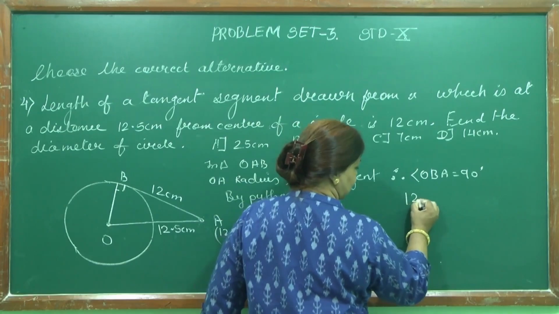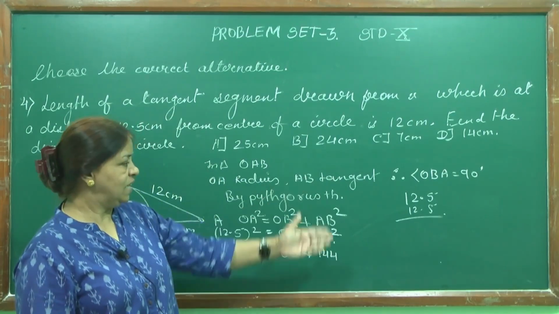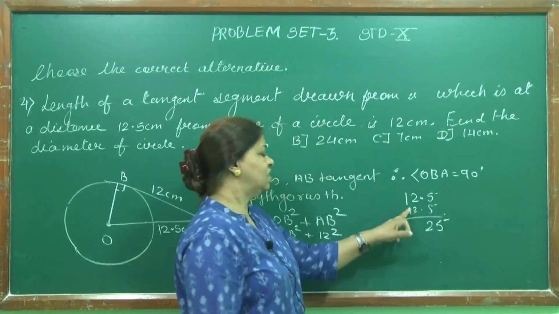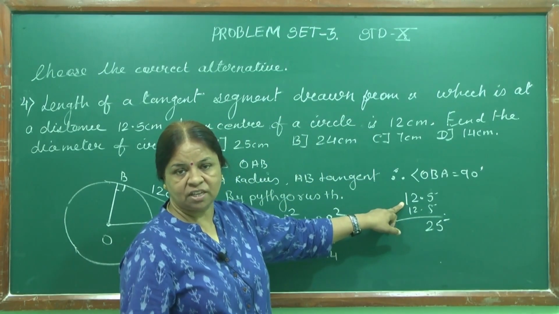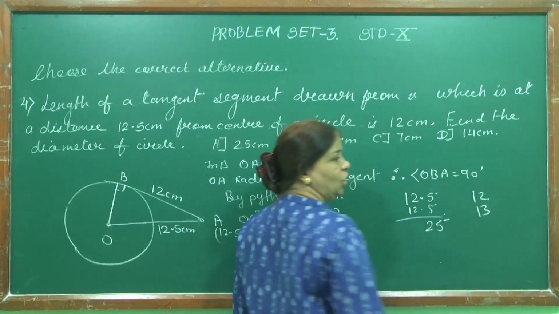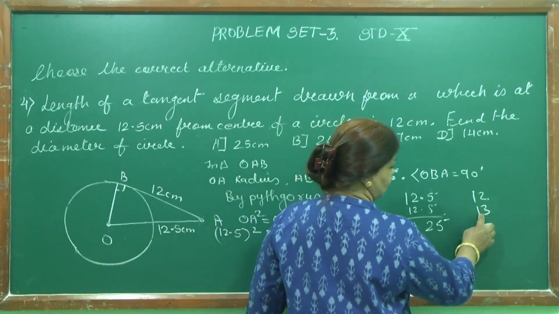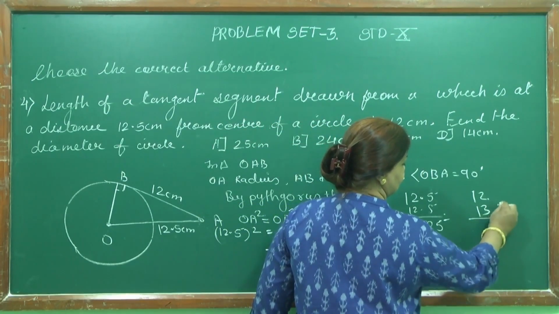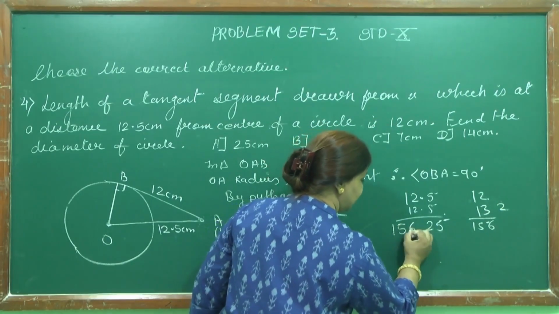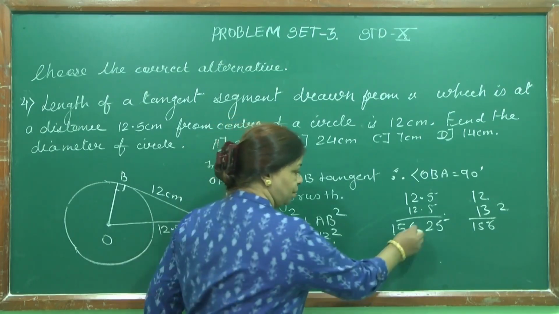See, I will show you a shortcut method. If you need to find the square, you would multiply and then find. Instead of multiplying, you can do 5 5s are 25, and here the number is 12. What is the number which comes after 12? 13. Multiply 12 and 13. 12 13s are 156. See, 13 2s are 26, 13 1s are 13, so 156, and you can write here 156. Now where to put the decimal? There is one digit here, one digit here, and you can place the decimal here.